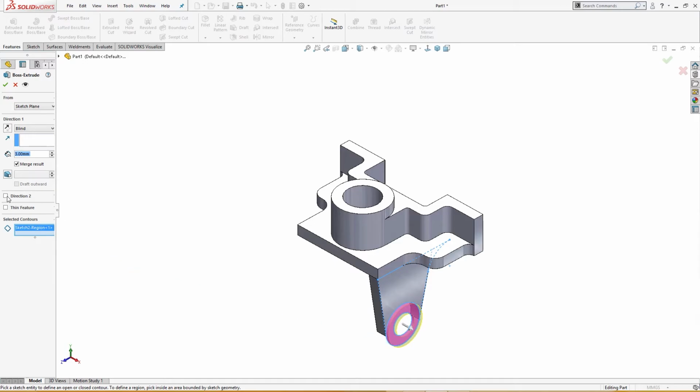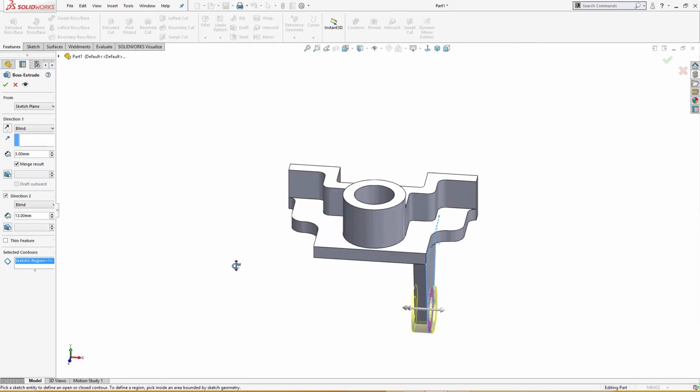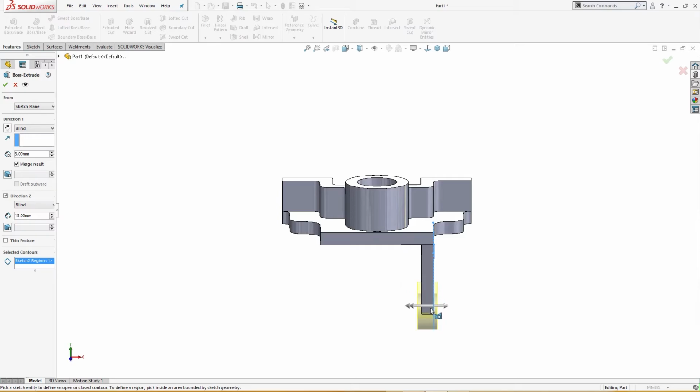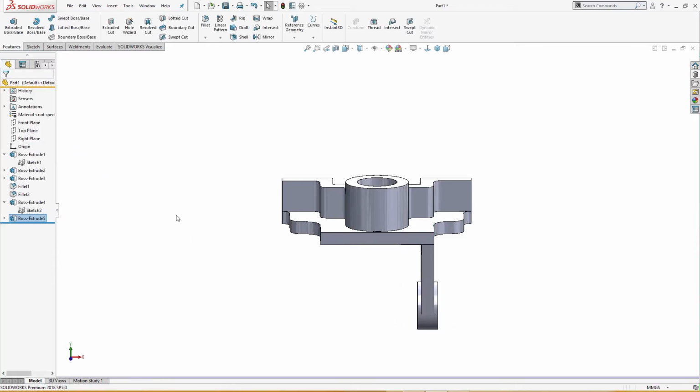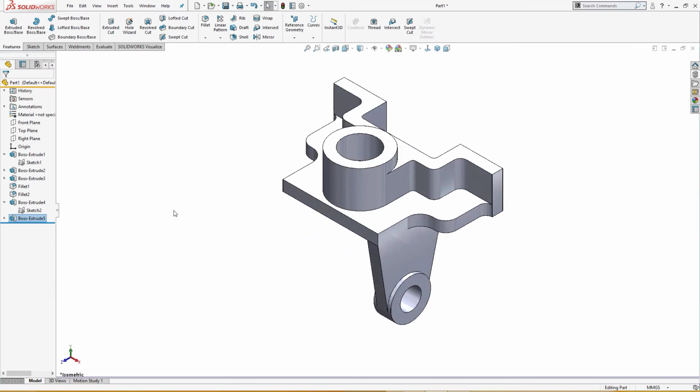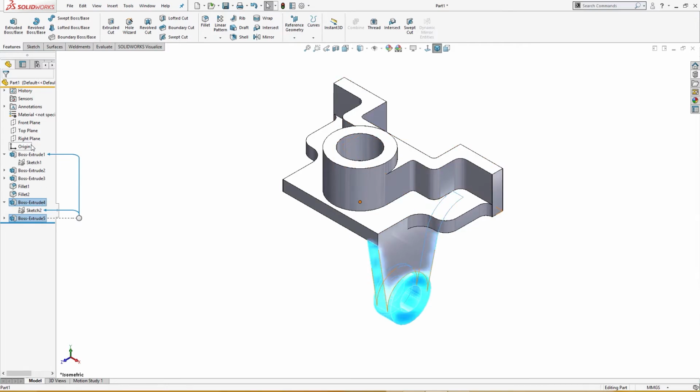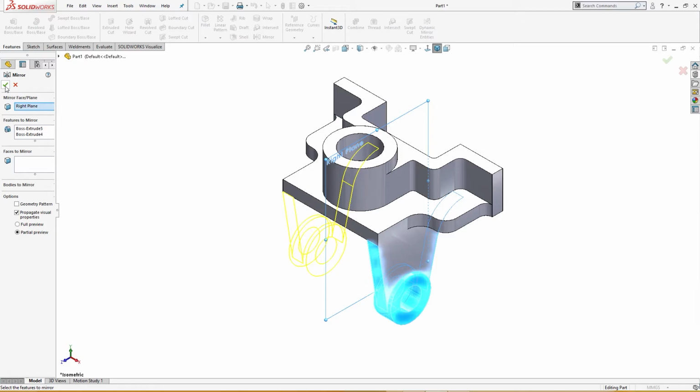So the next direction 2 is 13 millimeter. 10 plus 3 is 13, like so. So it will come in the center. This finger comes into the center of this. Okay, like so. Now I will check this and the right plane, and I will mirror it to the other side. Okay,